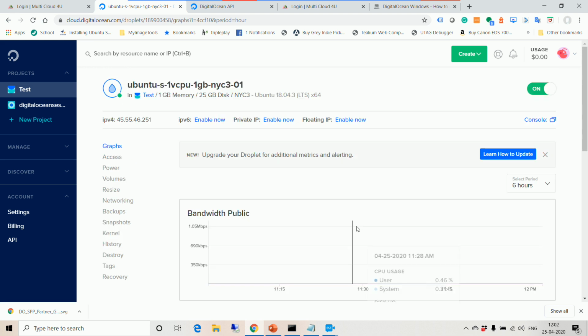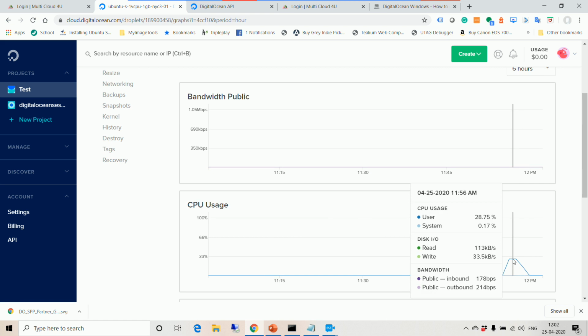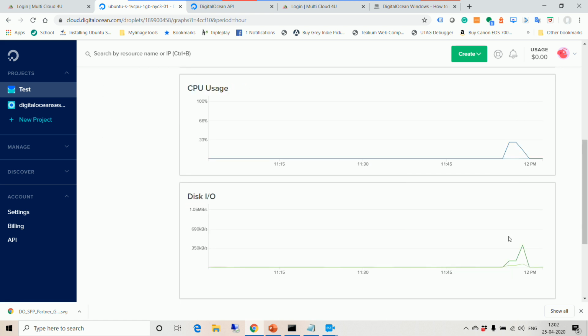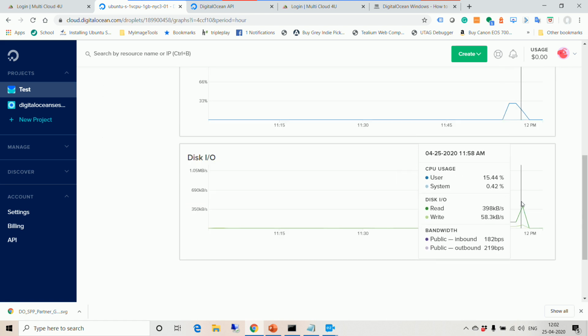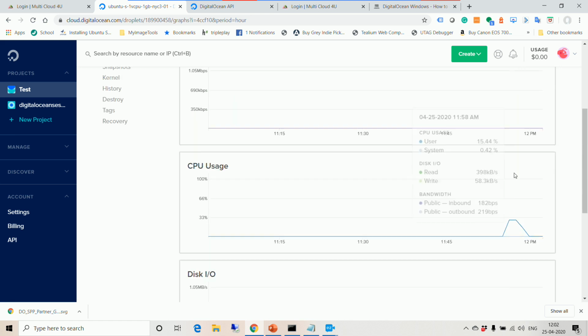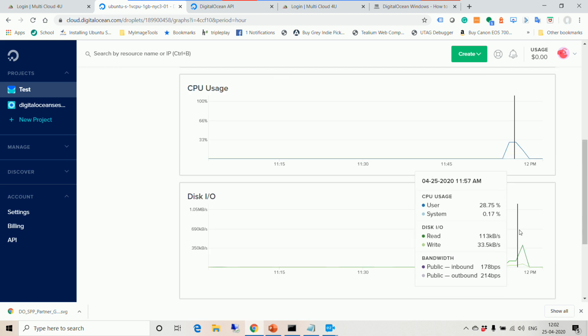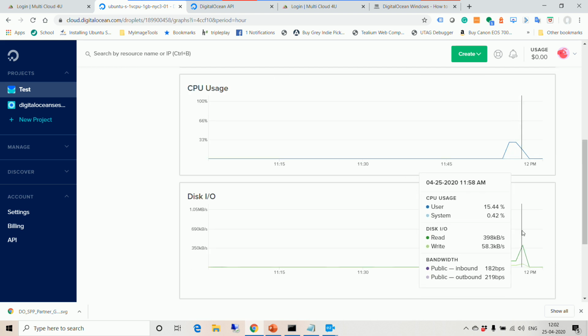Once you create your droplet and start doing a test, you can easily see what is picking up. Is the CPU picking up? Is disk IO picking up? If disk IO is picking up, obviously you need more memory. If CPU is picking up, you need a CPU optimized droplet. This is the basic criterion, the basic thing to understand.